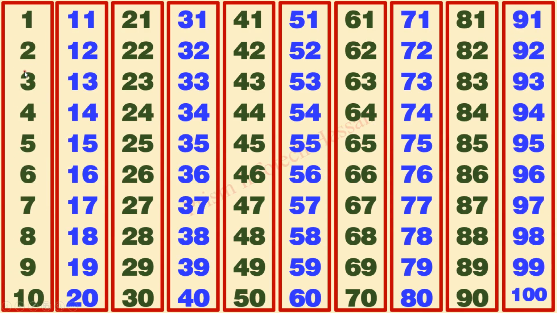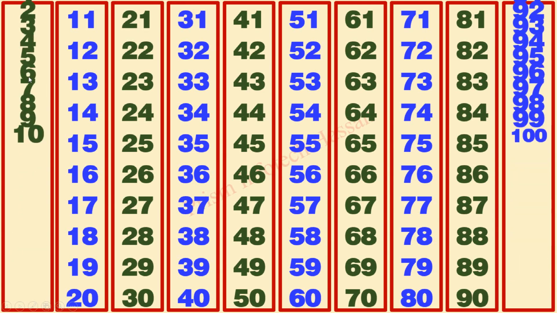Counting numbers from 1 to 100 in English. Let us move on step by step. 1, 2, 3, 4, 5, 6, 7, 8, 9, 10,